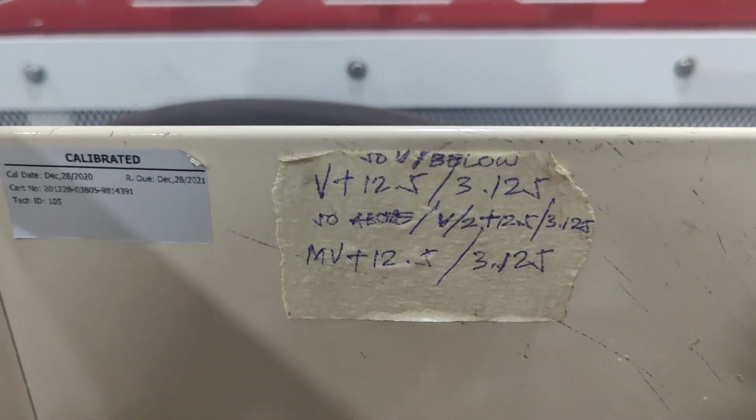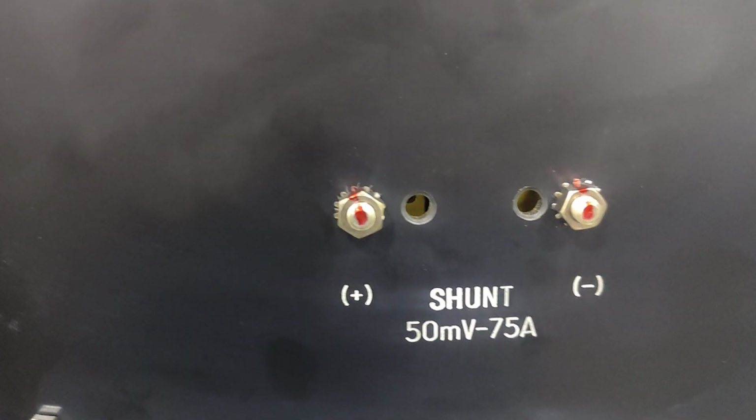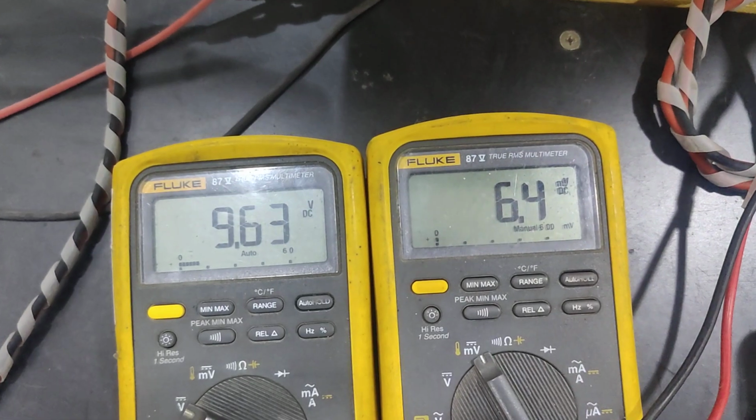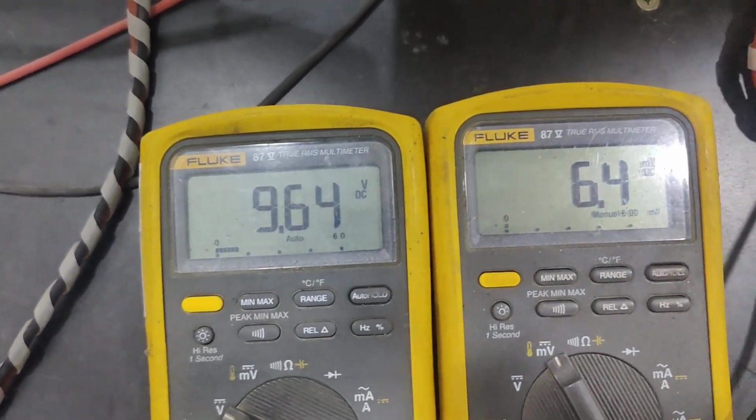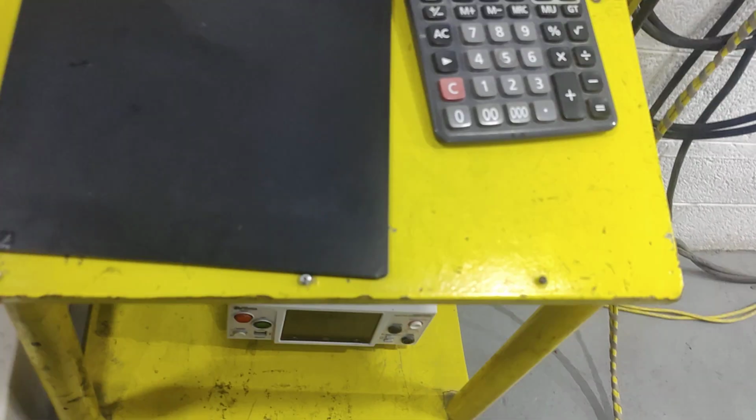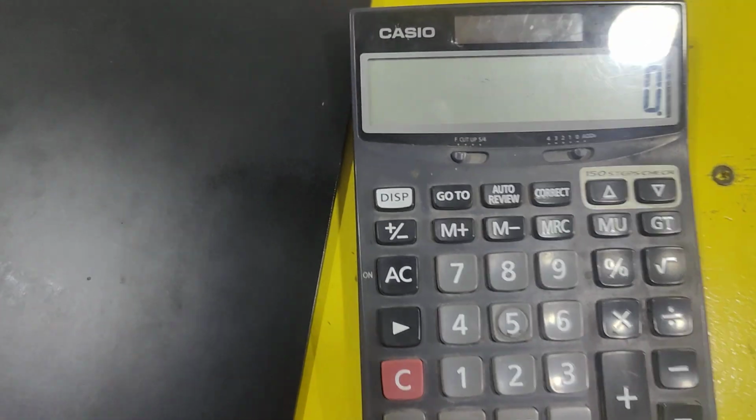Now the shunt rating we have in the TR is 50 millivolts, 75 ampere. So we don't consider this one. We just take the values measured across it. This is 6.4. So while calculating, we'll consider 9.6 volts and 6.4. So the first calculation will be